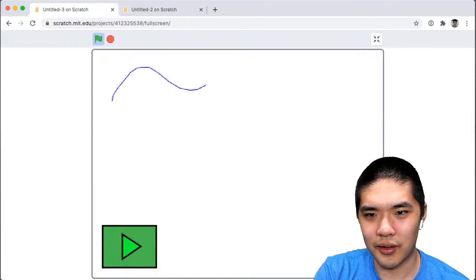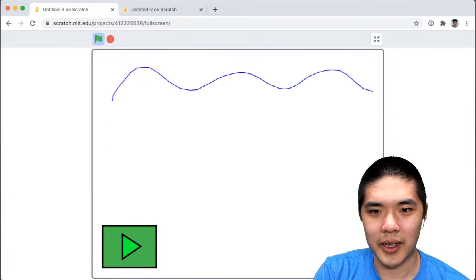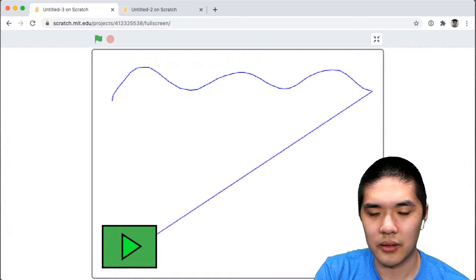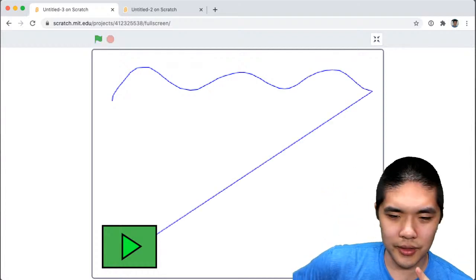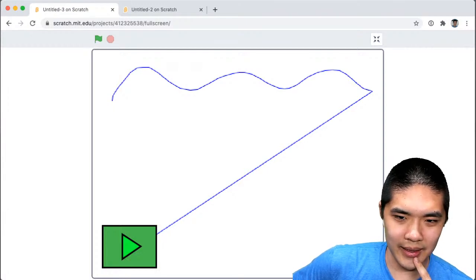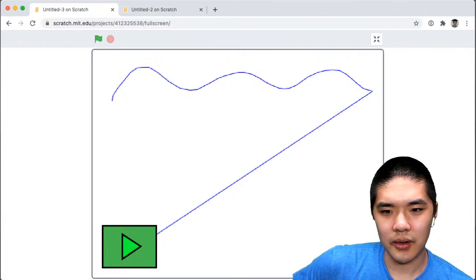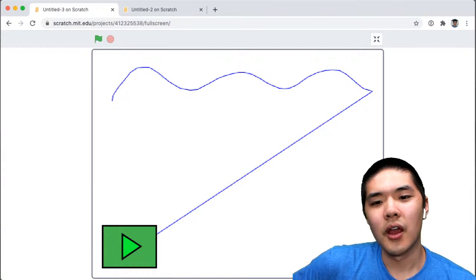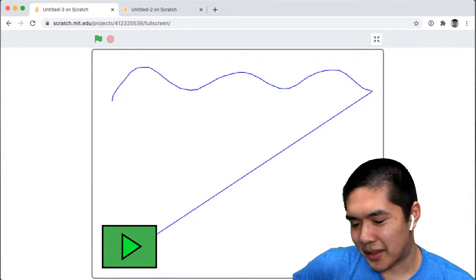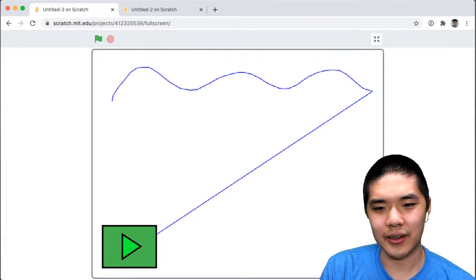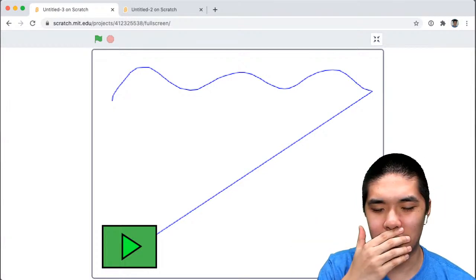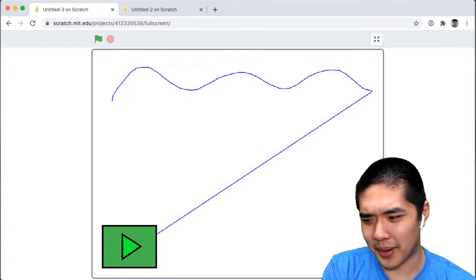So we're going to draw the curve and play it back. So this is interesting. It's jumping to the green flag, or to the green play button. And what's the reason for... Oh, okay. So I know the bug. I don't know how to fix it. But when I click on the green play button, I keep meaning to say play button, not the flag, but when I click the green play button,